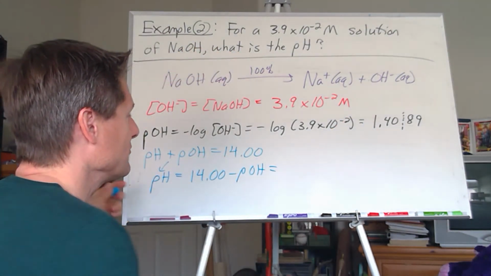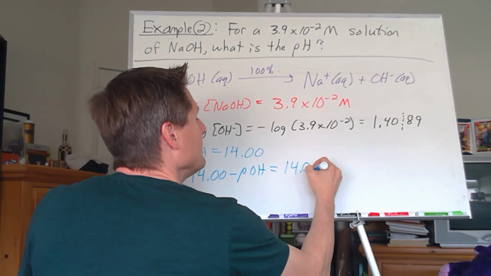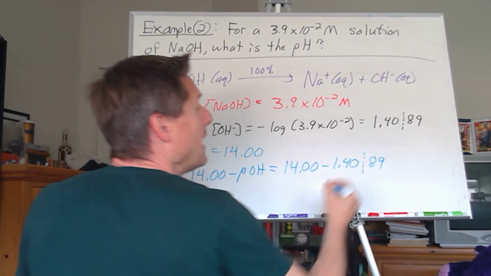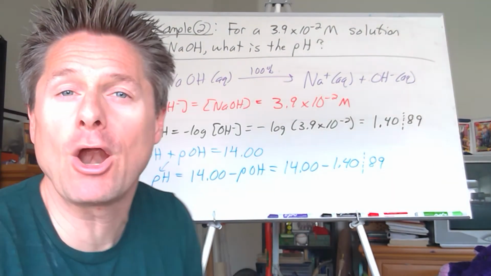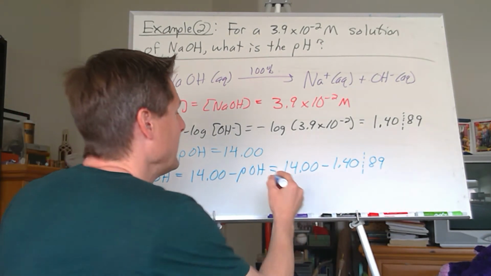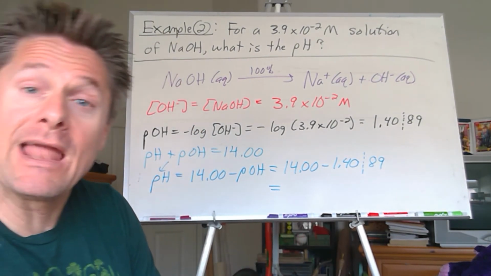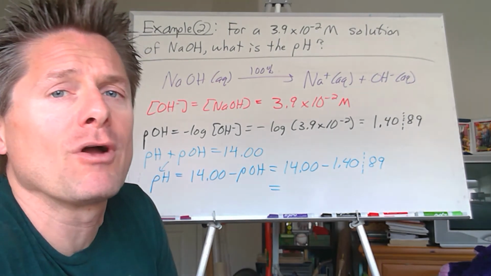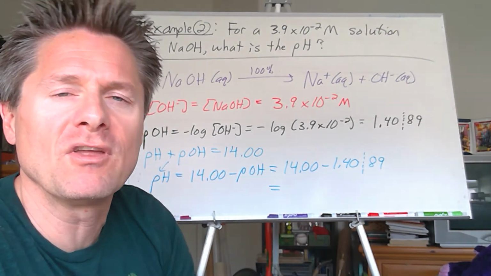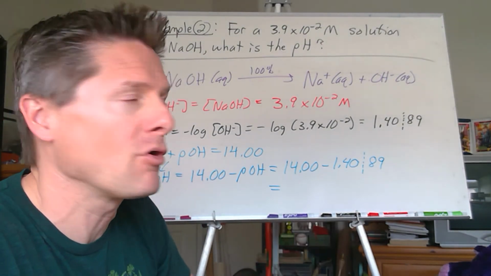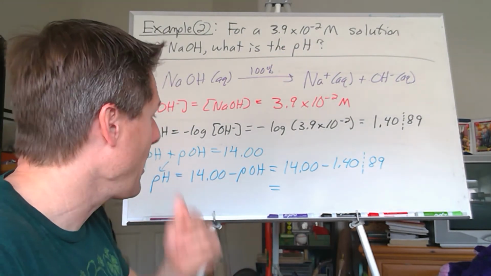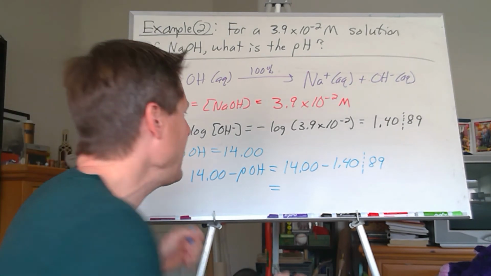It's a two-step process, right? So let's take 14.00 minus 1.4089. I'm doing a subtraction, so I'm limited by the largest absolute uncertainty, aka fewest number of decimal places. Got 2 and 2, so I'm going to get 2 decimal places in my answer. Now try to anticipate what you should get. This is a strong base, so we should have a pH higher than 7, closer up the ladder, probably in the 12, 13, 14 range, somewhere in there. It's a strong base, a little higher concentration than we had in our strong acid in the other problem. So I got 12.59